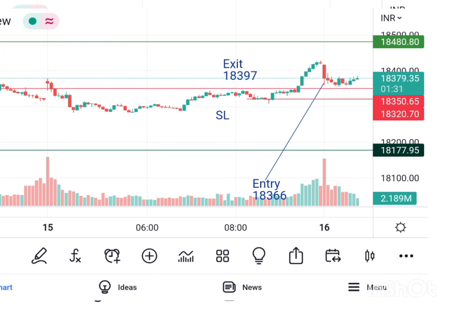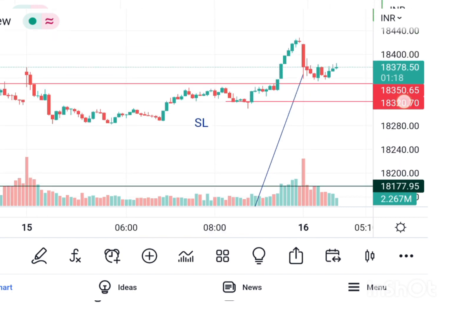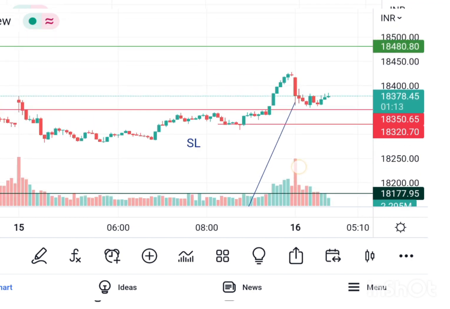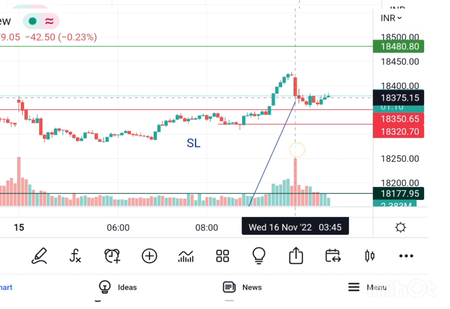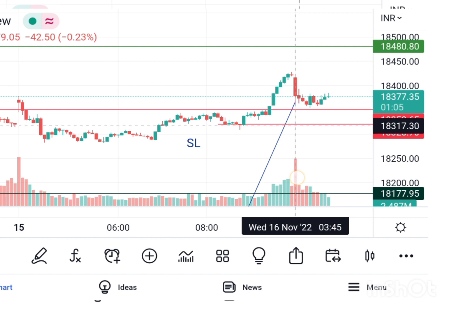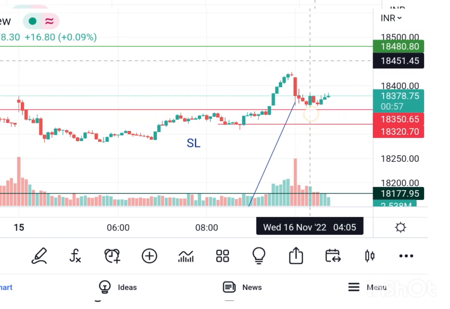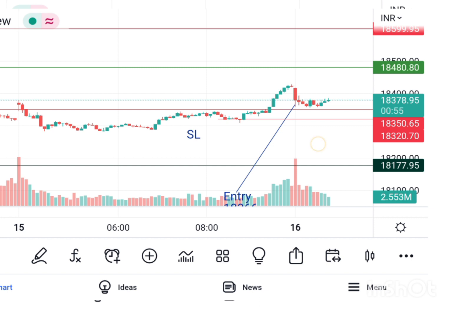So the PE trade that I was in had to be a 500 rupees loss or 90 points in the index, and I entered in a CE trade at 366 at this point here exactly, and this is my SL. 320 is my SL. My first target is 480 and then 599,